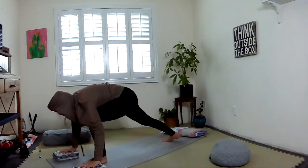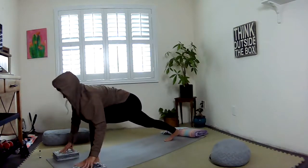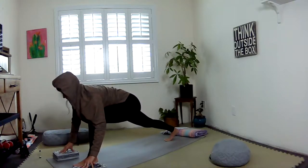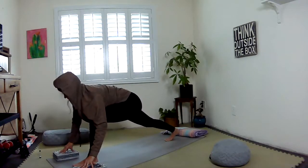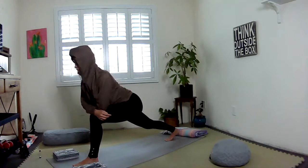And then you release that foot in between your hands or your blocks. And you can just hang out here. If this is comfortable for you, hang out. If you want a little more, you can again bring yourself back up, hang out on your knee, and this is totally cool. Or you can bring yourself up just a touch more, hands at heart center. Find your breath,